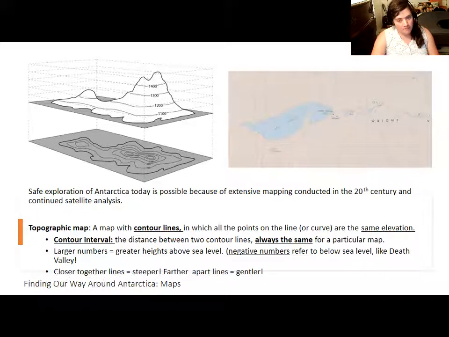The topographic maps, we would put our geology notes on top of this, and it would help us decide how far we have to hike, and what kind of terrain we have to hike over. Maps are useful because they show distances. Topographic maps are often put over geographic maps or geologic maps to show you what kind of terrain you're going to walk over.